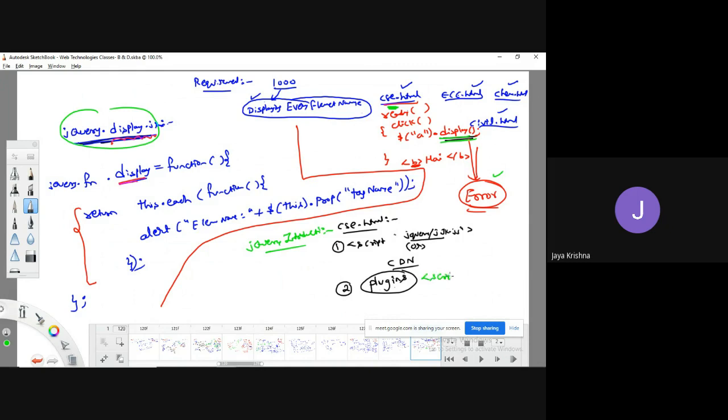Simply script type equal to text/javascript, source equal to jquery dot display.js file. That's it. So now you won't get any kind of error. And after that, the third statement is the user defined scripting. If you would like to write any kind of scripting further, like after performing the ready function, click function, all those.